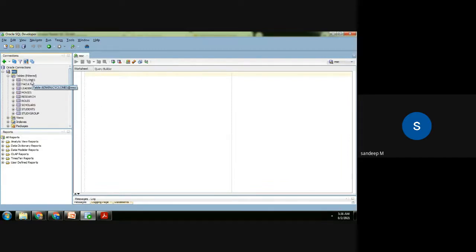So there's a cyclones table, there's a movies table, and some college related data, a students database, and all. So when you're working on your system, say for example, I'll tell you what this command means, but